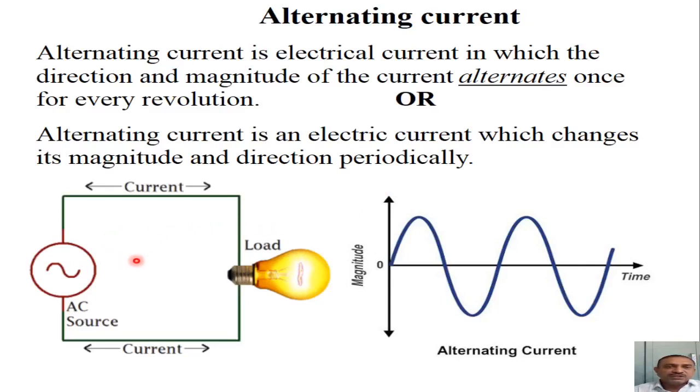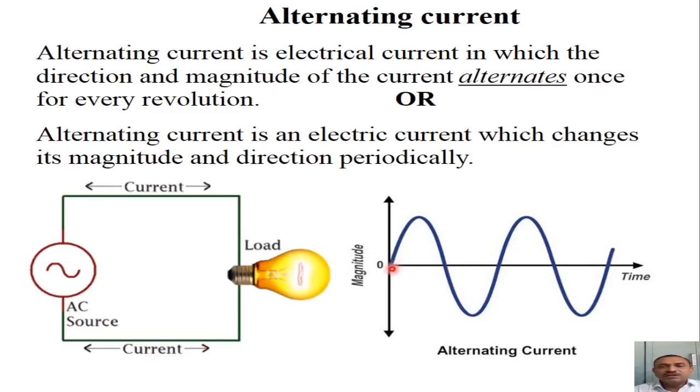Now this is shown in this diagram for an AC source. This symbol is used, a circle inside which a sine wave is drawn. That AC source is connected to a lamp. The lamp has been shown glowing. It means that a current is flowing through the lamp, so it gives us light energy. Now this current flows in both directions, so two arrows are shown on the left side of the diagram. Now let us see the graphical picture of alternating current, how an alternating current flows through a given load.